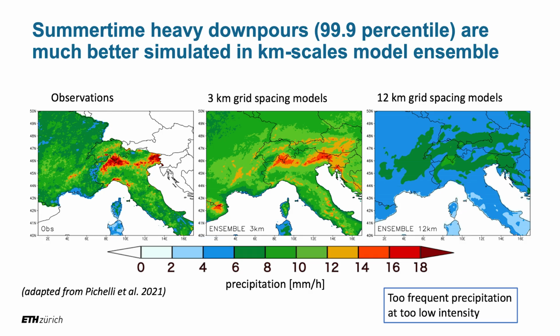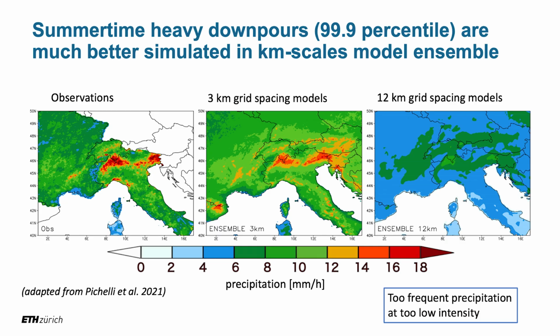That's a nice paper, 10 years after what we did in 2013. Now we have kilometer scale climate modeling in ensembles over the Alpine region, performed in CORDEX as well. What we are looking at here is again heavy summertime hourly precipitation rates. The left side is showing the observations, so you can see quite heavy rainfall. This is the 99.9 percentile of hourly rainfall in summer. And then if you compare this to what we get from a 12-kilometer model, the typical CORDEX resolution that we have nowadays,